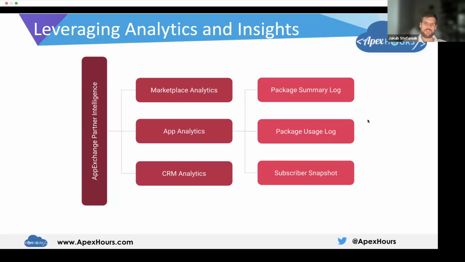And from these logs, they differ in granularity. Subscriber snapshots are a very high-level summary of usage across orgs of your customers. Package usage logs count every click on your application, every Apex action, every Lightning Web component, every custom record creation. And summaries gather statistics on the monthly level per user. So you can have millions of records of usage log every day. On summary logs, we are going to rather have tens or thousands of logs